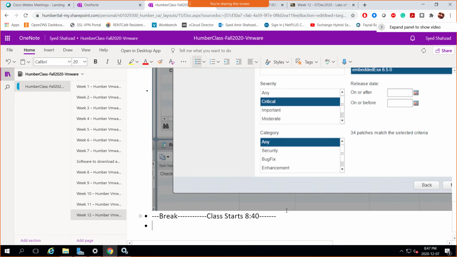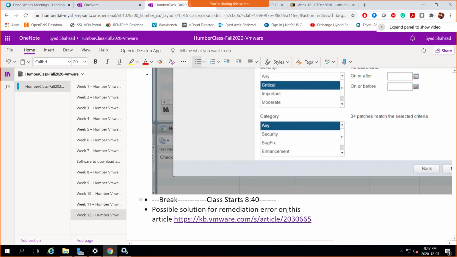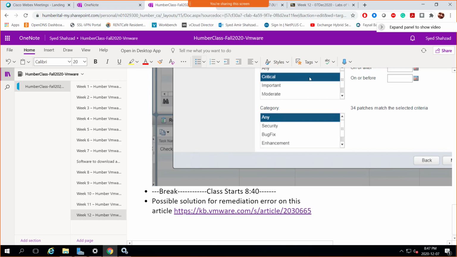Possible solution for remediation error is on this article. So I'm putting it there.